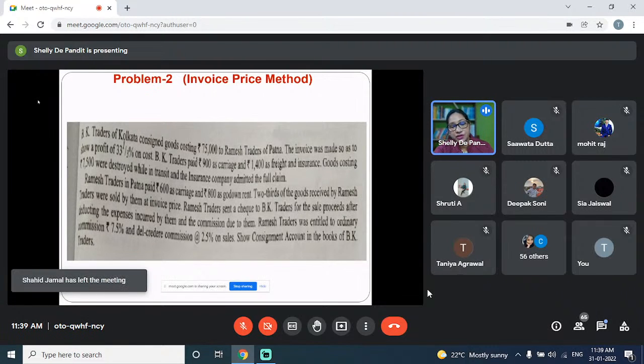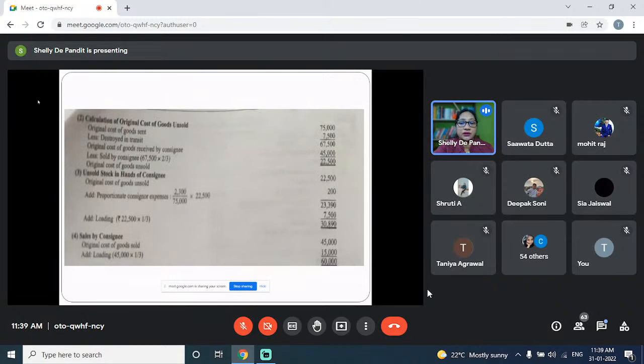I will come to the invoice price after that. So goods costing 75,000 sent, right? And 7,500 cost goods were destroyed. So you minus it, and what remains, you have to take two-thirds of that,